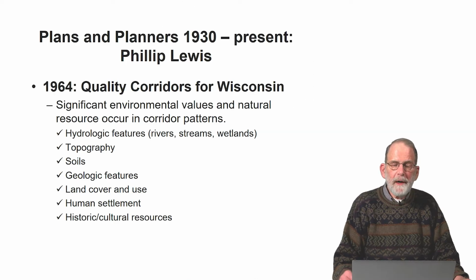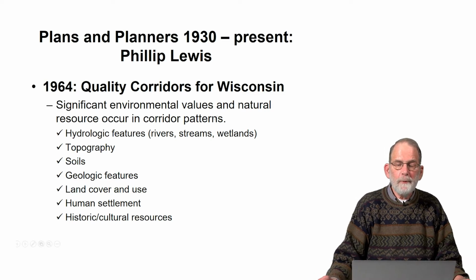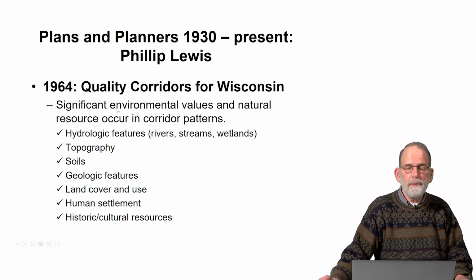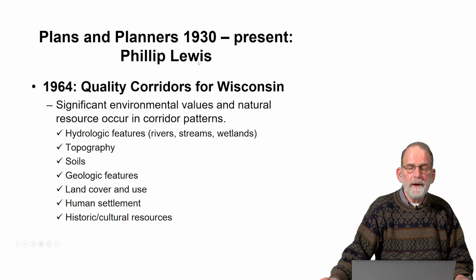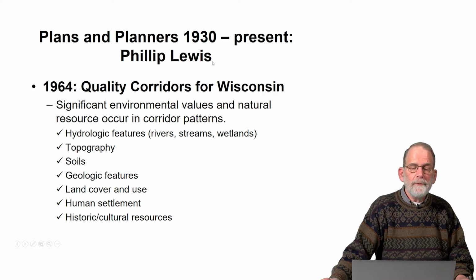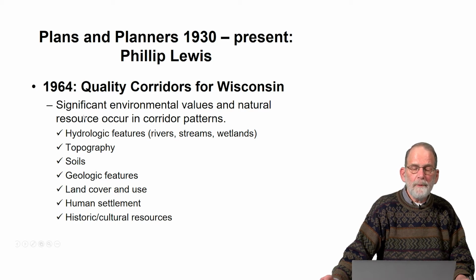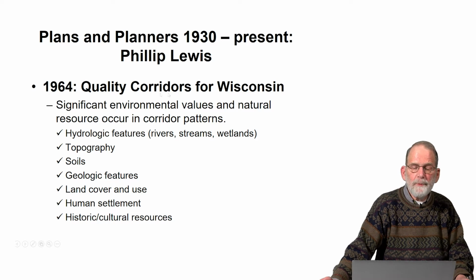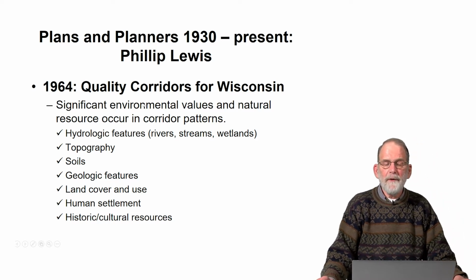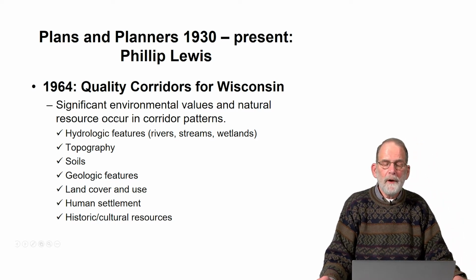Moving in the period past 1950s, the first person that I want to talk about is Phillip Lewis. Phillip Lewis was a professor of landscape architecture and regional planning at the University of Wisconsin. In 1964, he developed a concept called quality corridors for Wisconsin. And he developed this by mapping significant environmental values and natural resource